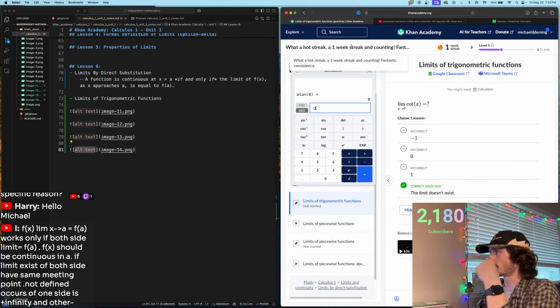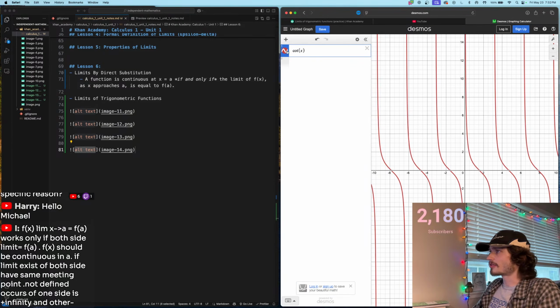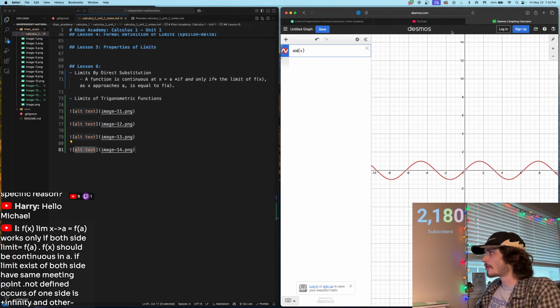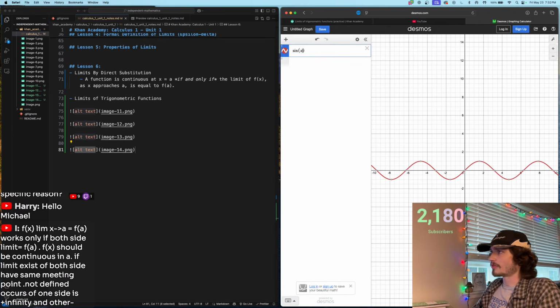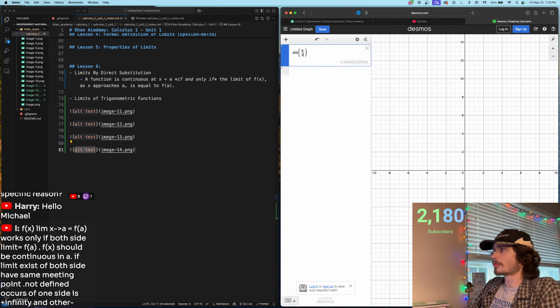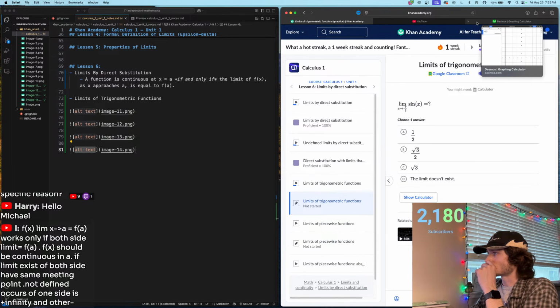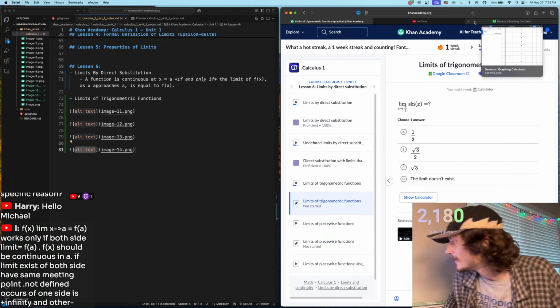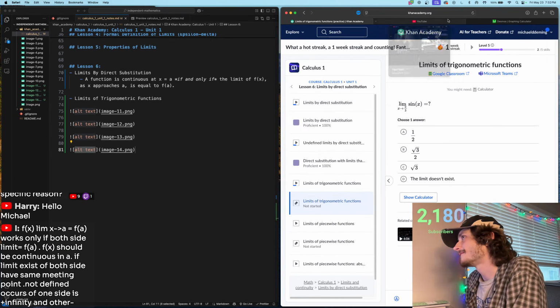Okay, let's keep moving. Okay, the sine, so let's plot sine x. We know that sine x is continuous for all real numbers, so we can input pi over 3 into sine x. And what do we get for this? 0.86. Okay, which is, oh boy, it's not half. It does exist. Square root of 3, I want to say